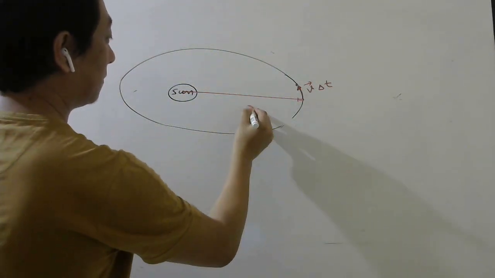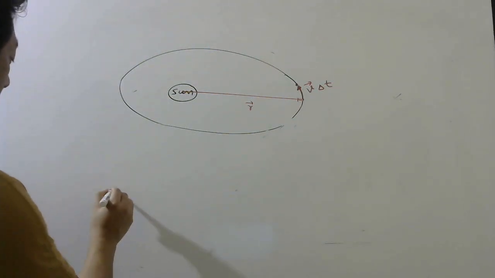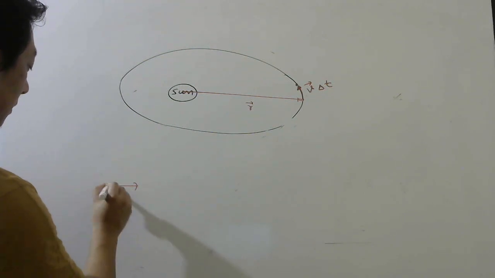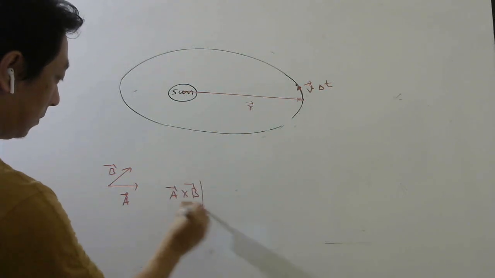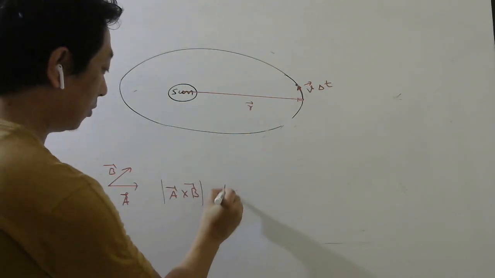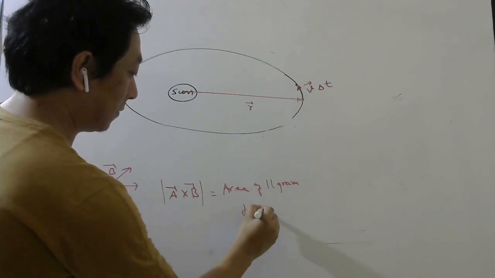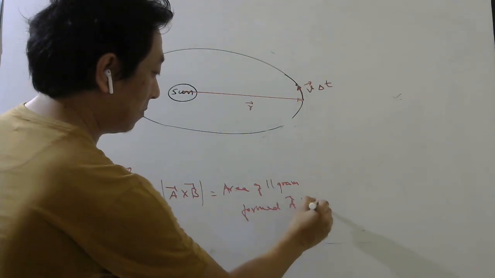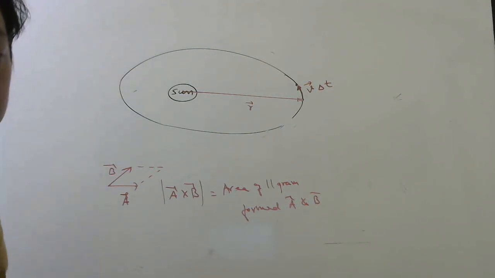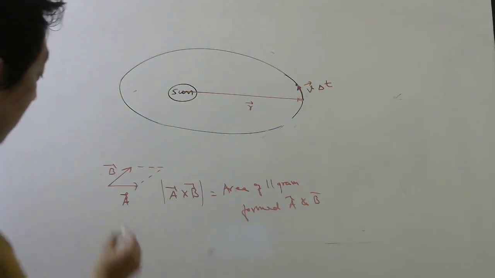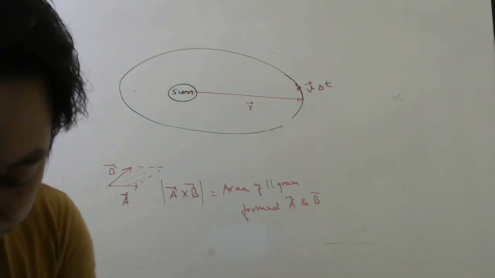Now you know that the cross product of two vectors gives you the, so if this is a bar and this is b bar, then if you take the cross product and take the magnitude, that will give you the area of the parallelogram formed by a bar and b bar. Okay, this parallelogram. So this cross product's magnitude is given by this area. You can check, AB sine theta you will get, right?